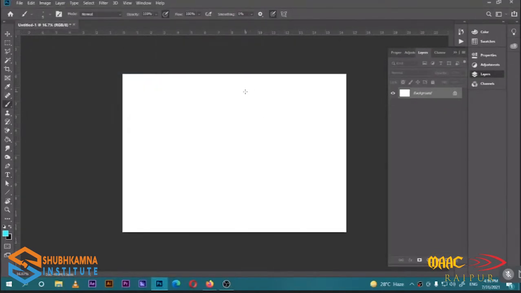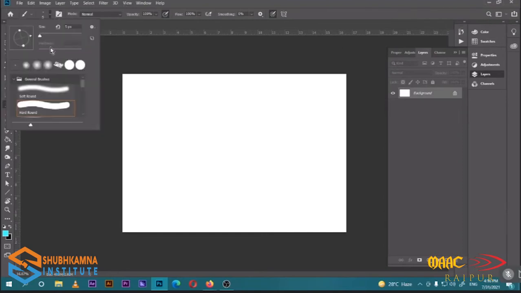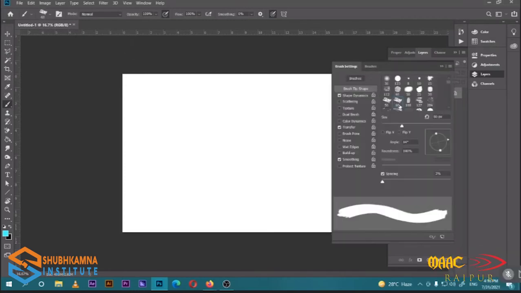Whenever you start working with the digital pen tablet, you need to turn off your touchpad, because the touchpad is all touchy. Other than that, you need to do some settings for your brushes. I'm going to use the brush tool and change the shape of the brush to this one. This is the default 60 number brush in Photoshop. You can press F5 to see that it's the 60 brush, and you can change the size.